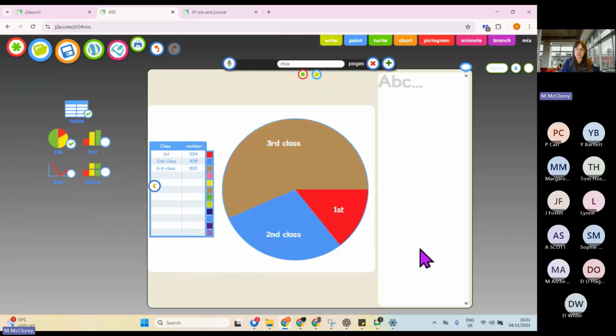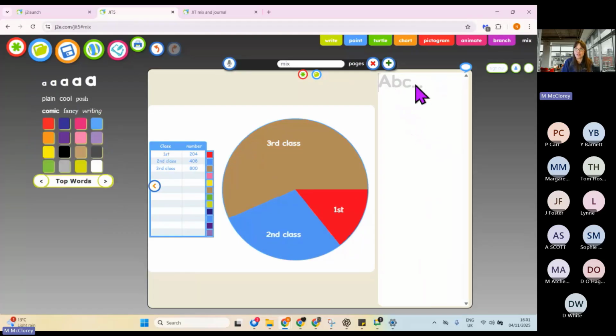Now, the reason I like using JitMix for this is because you've got this text box, so the children can create the data and then they can analyse it, which is a really important part of that kind of data handling. It's the two sides of it, isn't it? It's the statistic, the creation of the charts, and also the analysis of what that shows. So in this, they could say there were more